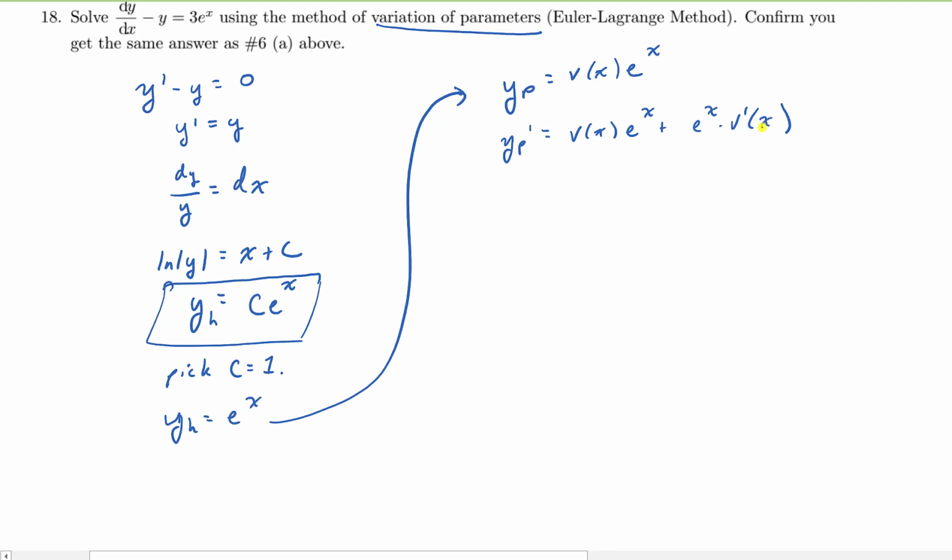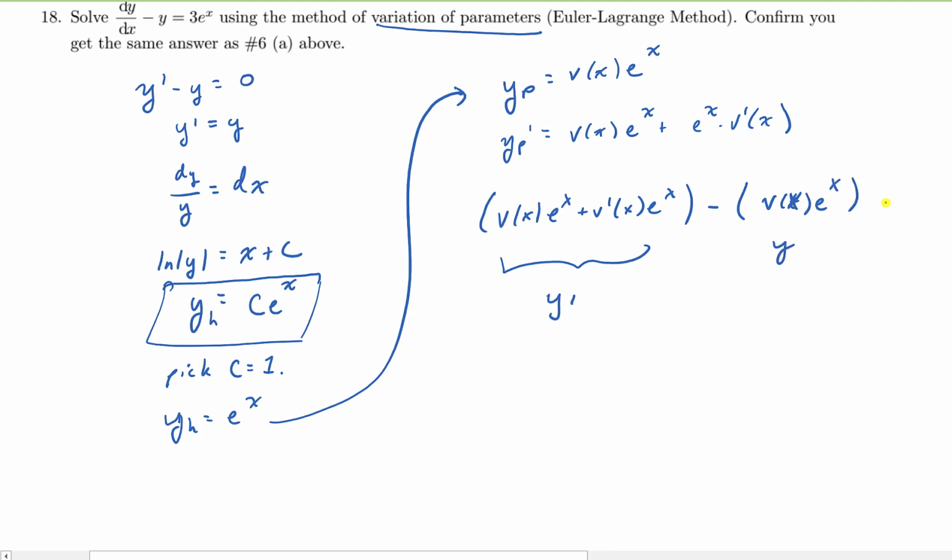Okay, so now we go ahead and plug the particular solution's derivative and the particular solution into the original ODE. Careful, not the homogeneous ODE, the original ODE. So this gives us v of x e to the x plus v prime of x e to the x. All of this is my y prime minus y, which is v of x e to the x, that's my y, and we want this to equal 3e to the x. Well, notice, as we saw in class when we derived this, that the two v of x terms cancel out, and so we're just left with